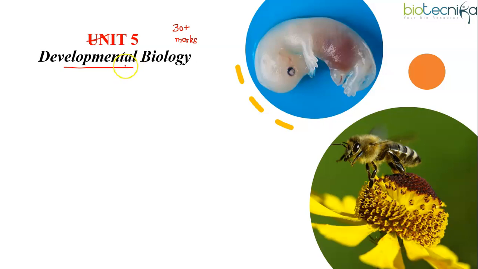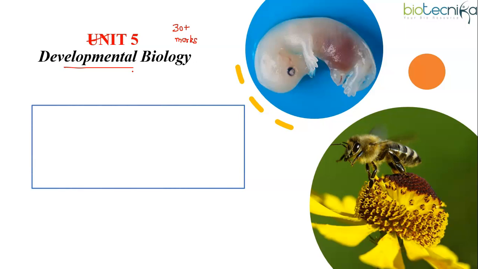Specifically, studying developmental biology greatly benefits from having a clear understanding of the earlier units on cell and molecular biology during your CSIR NET Life Sciences preparation. Now, while preparing for this unit, start from the very first subunit of this unit. So the very first subunit is about basic concepts of development. So it is all about basics.